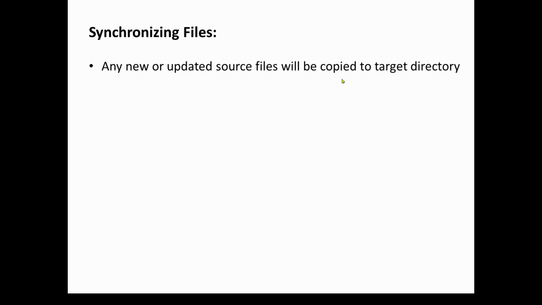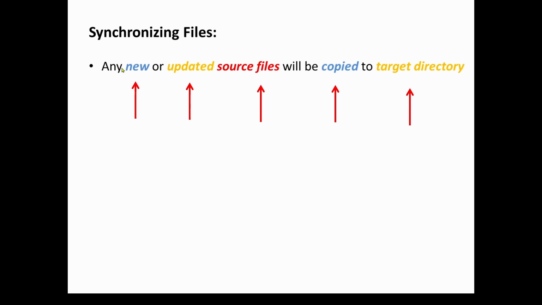So now what we can do is take that sentence and break it down into the components and figure out for each component, how do I write code for it? So we're going to have to figure out what is new, what does updated mean, what are source files, how to copy, and what's a target directory. So new, what does that mean? Well, it means that it doesn't exist in the target directory. So we're going to have to write some code to figure out if files and folders exist in whatever the